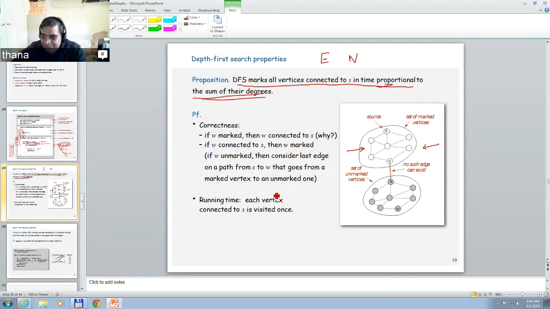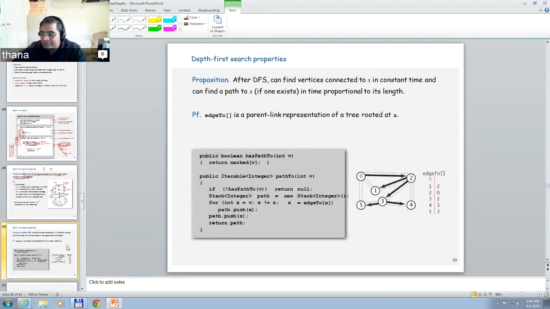And the running time, each vertex is visited only once. Now, in addition to this, if you want to maintain a path,